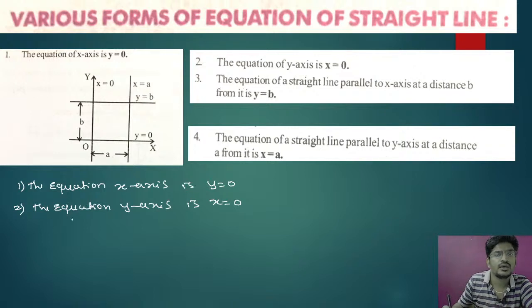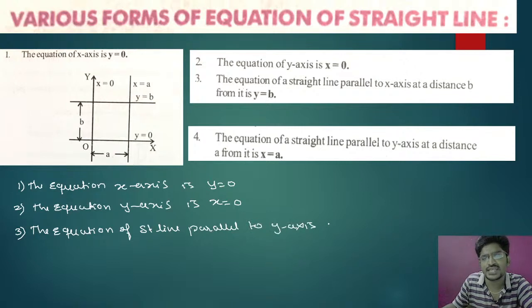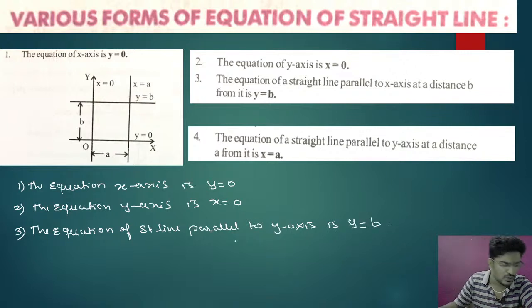Okay. And third one, you can see the equation of straight line parallel to y-axis. Equation of straight line parallel to y-axis is y equal to b. Y equal to b. And fourth one, the equation of